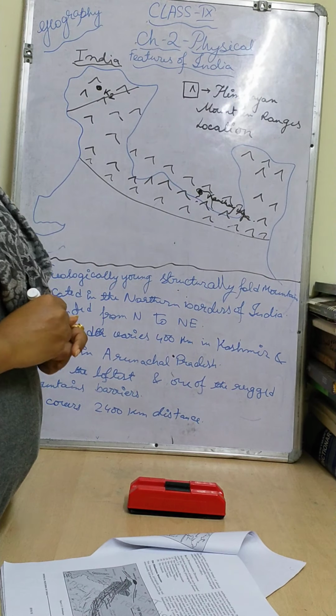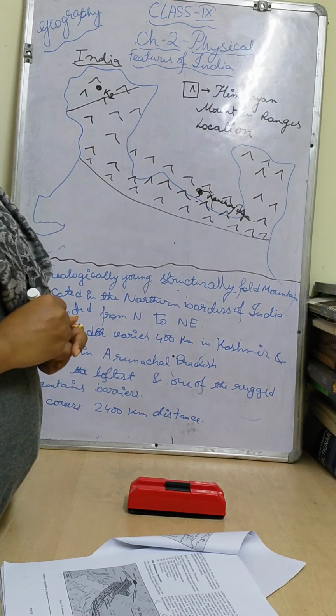Okay, children. Now I will read the major physical divisions. The major physical divisions of India have been grouped into 6 divisions. First one will be the Himalayan mountains, and I will proceed further, but I just take the names now. Northern plains, the peninsular plateau, the Indian desert, the coastal plains and the islands.